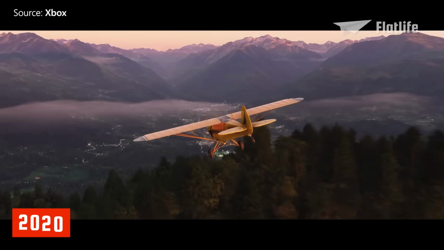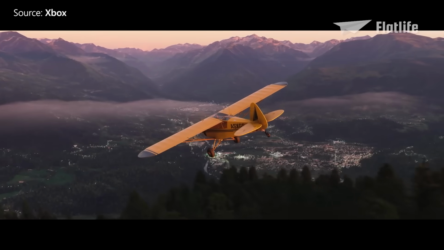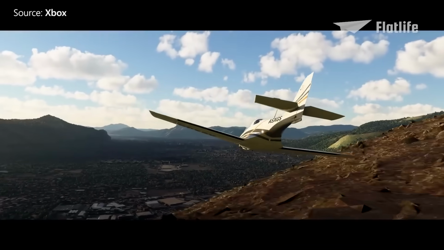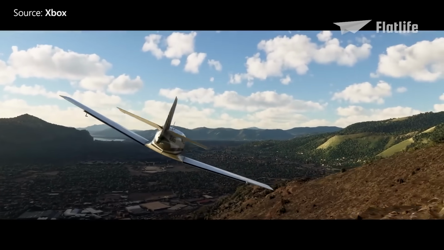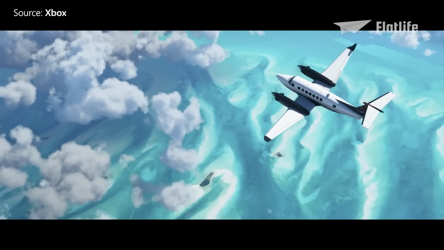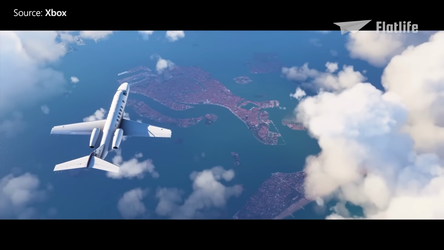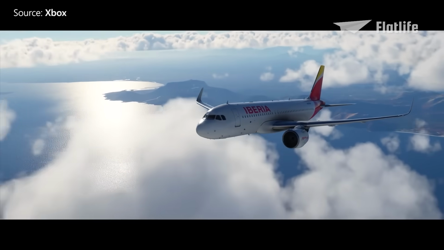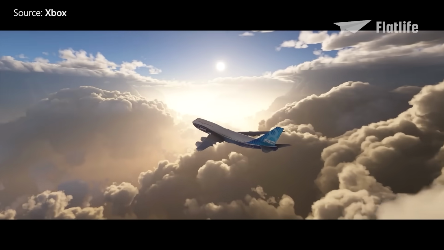In 2020, Microsoft Flight Simulator was released. Let's just take a moment to appreciate how magnificent the game looks. This game is massive.